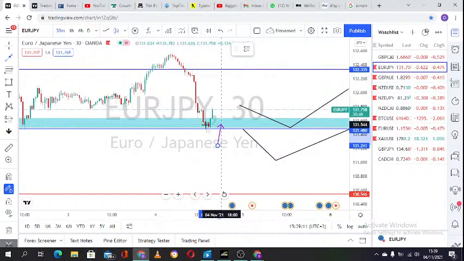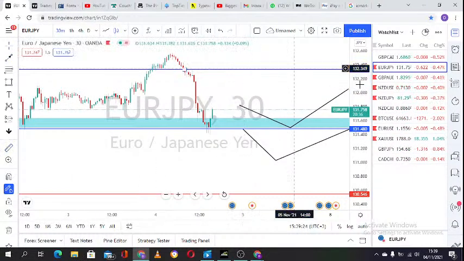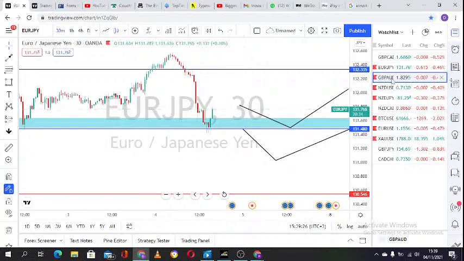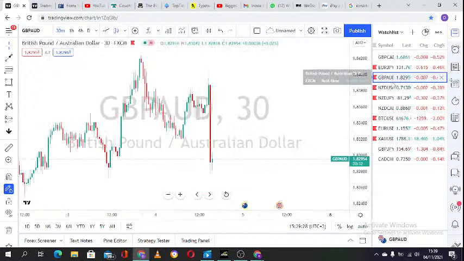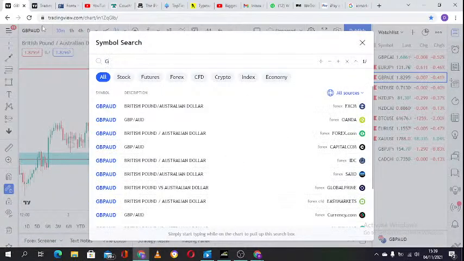Euro JPY, unless you wait for this candle close, we are closing in the next 20 minutes. Candle close, buy to somewhere like here, just a few pips, just enjoy the few pips, somewhere around 30-40 pips. AJ really has some good pip value. 30-40 pips is good. Maybe one common pair that I don't usually look at is GBP USD,